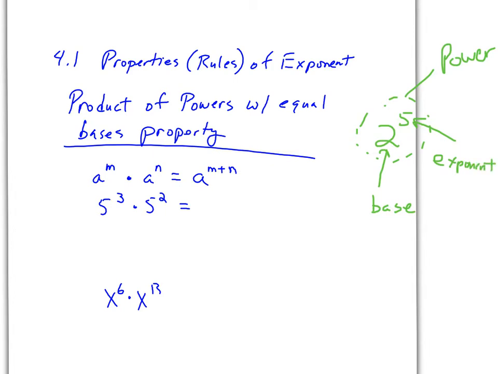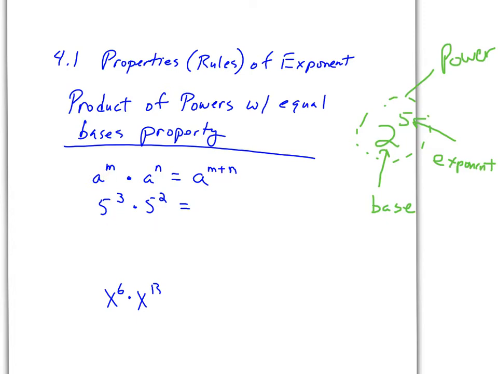So if I say product of powers, that means this is a power, a to the m, and a to the n is also a power, but notice they have equal bases. Both of their bases are a, so this is the product that tells us how to handle that. When I multiply such powers, what I do is add the exponents, and that makes sense when you look at